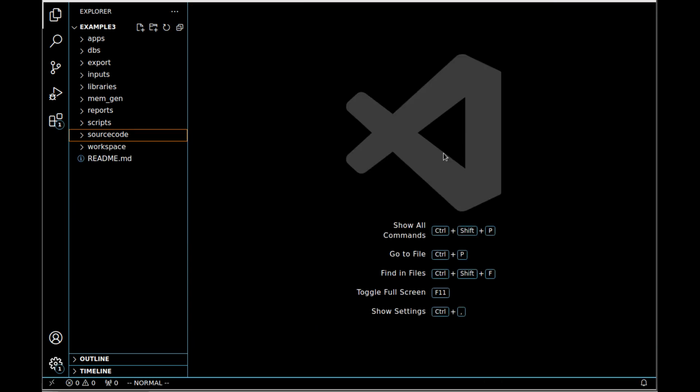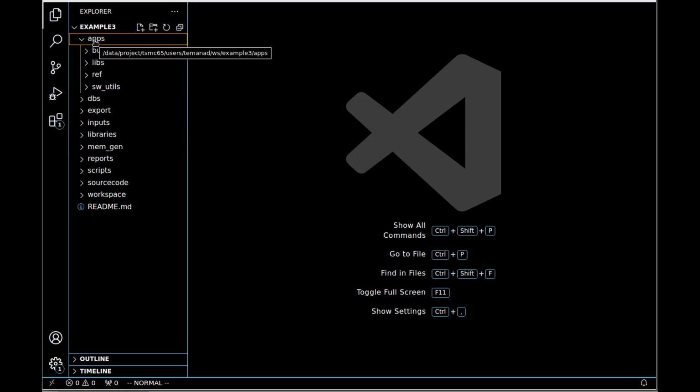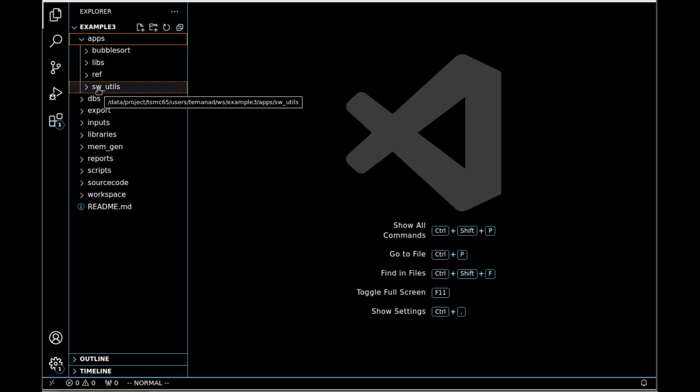So the next part that I want to show you is how we actually write a C program and compile it. We have this apps directory, which is where I'm going to have my whole tool chain for preparing files for the SoC and compiling them and so forth. And we've given you here 4 directories, where 3 of these directories are the tool chain itself. So they're libraries and some other reference files and some utilities for compilation. These were provided by the tool chain, mainly prepared by the PULP guys, and they provide us a way to use GCC to prepare all the files we need in order to boot up this core